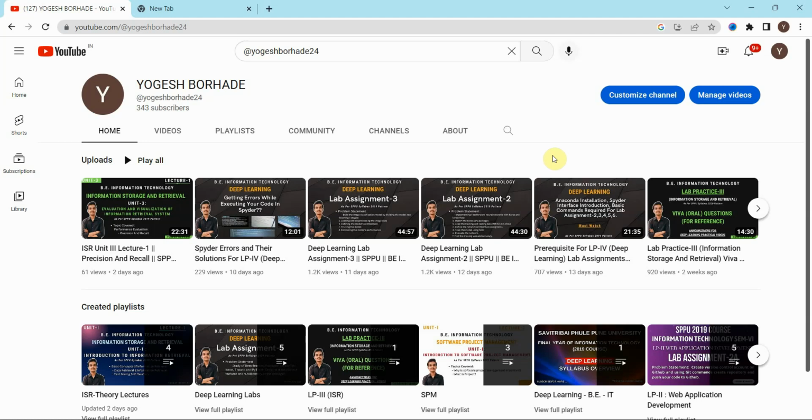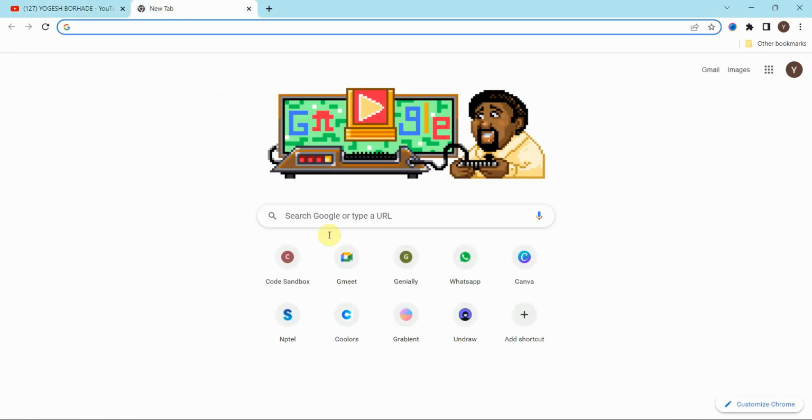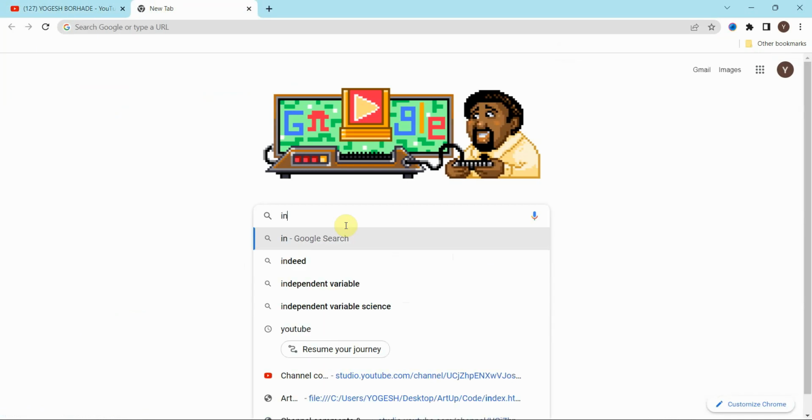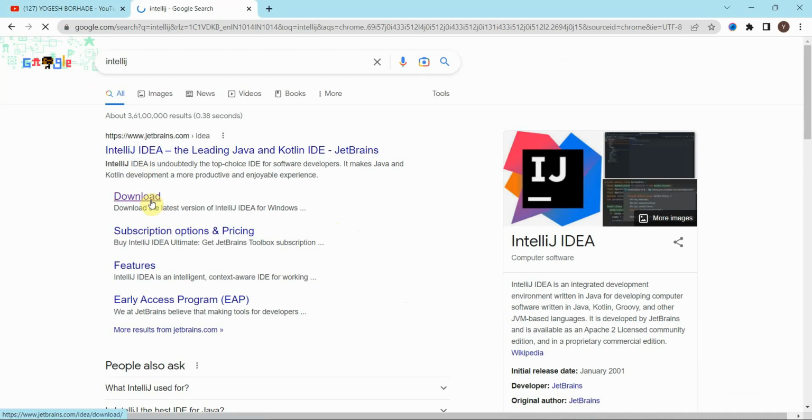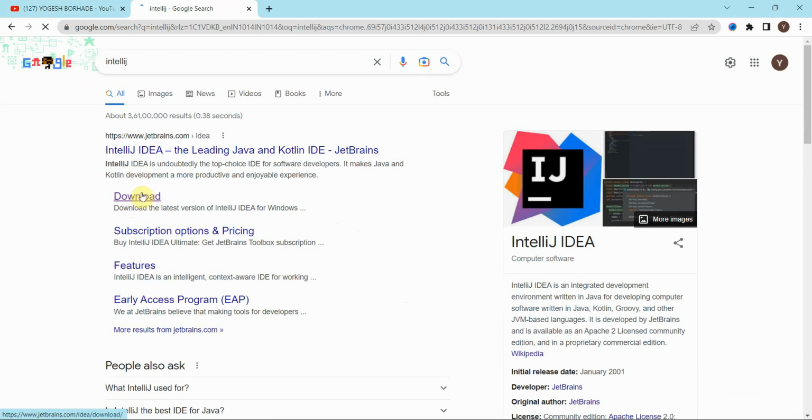So in this video I'll show you how you can install the IntelliJ IDE for Java. For that you have to go to Google and type IntelliJ, and here you'll see a download button link. So you have to click on this, or you can directly click on this link also. So I'll click on this download,